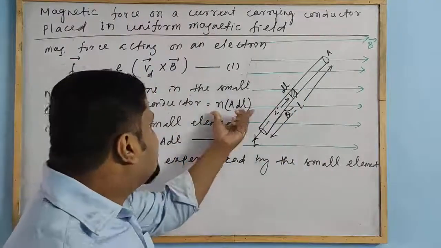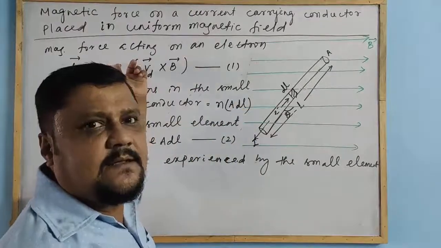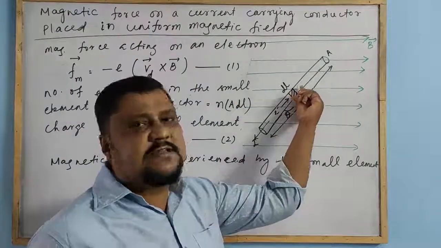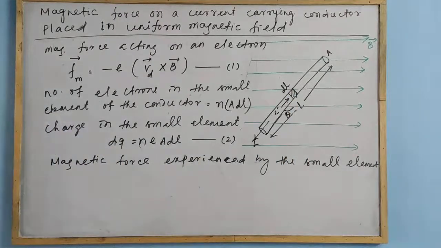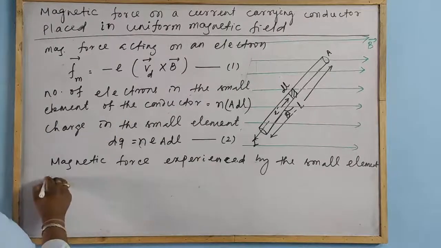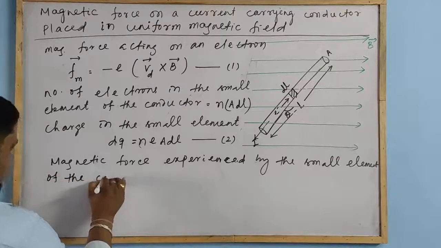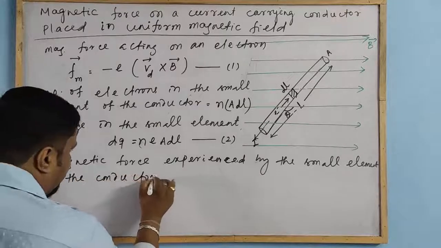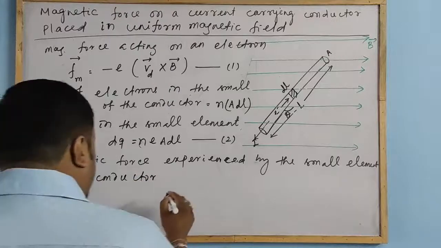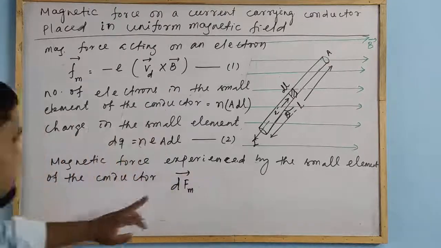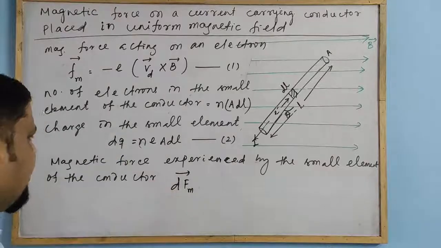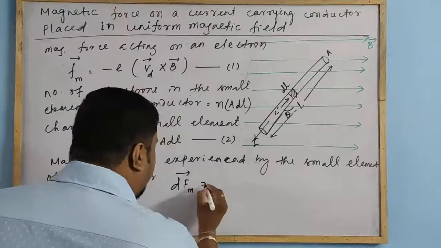This much. So this much into this, that is the net force on these electrons in this element. So magnetic force experienced by the small element of the conductor, let that be dFm, capital, because of the small force, small element dFm is equal to, now